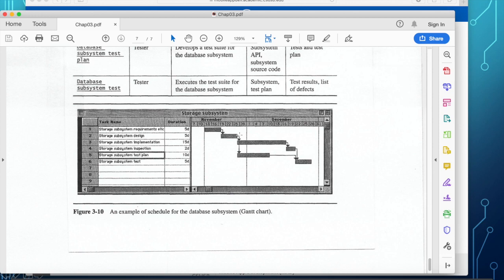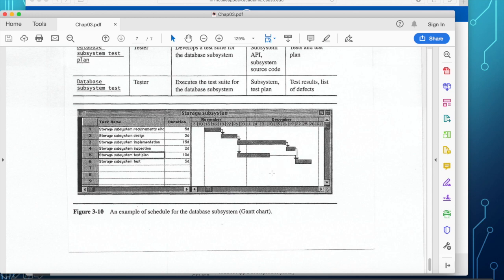Okay, 19th to the 25th. And then the next task, storage subsystem implementation, takes you 15 days. So it goes all the way to December 16. And then in parallel, you can also do the storage subsystem test plan, and it takes 10 days. By the way, there are 2 days needed for storage subsystem inspection, where they will be joined with the last activity of storage subsystem testing, 5 days.